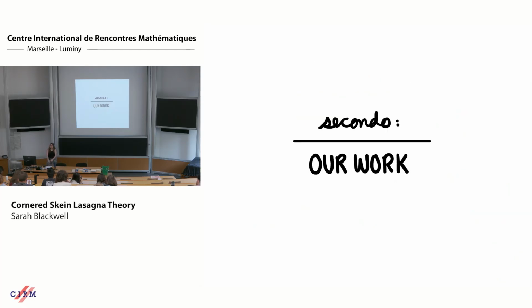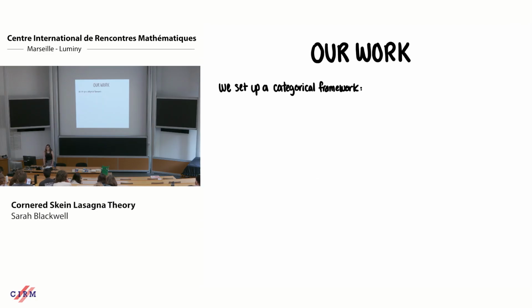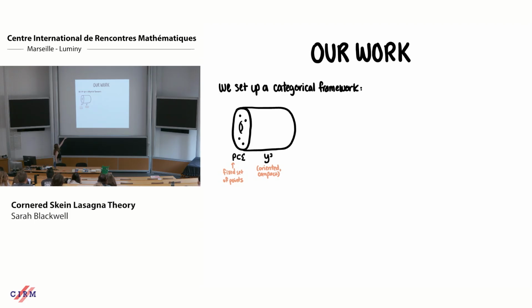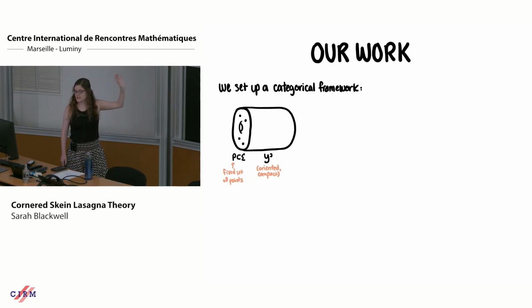Okay. So now we'll actually talk about what we did. As I said earlier, first we set up this whole categorical framework to organize everything we're doing. So here I'm going to start, oh, that really doesn't look like a 3. Sorry, that's a Y3. So we're starting with a 3 manifold that has a boundary sigma, which I want to be a closed oriented surface. And it's going to have a fixed set of points inside sigma, some amount of points, and those are going to stay fixed for now.